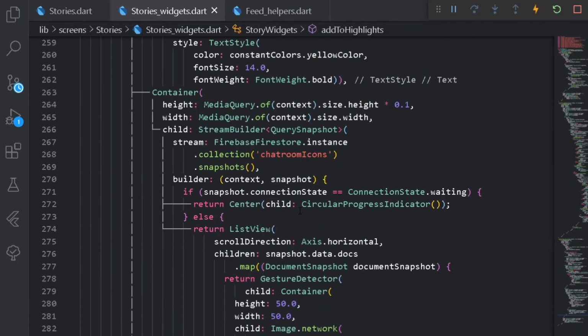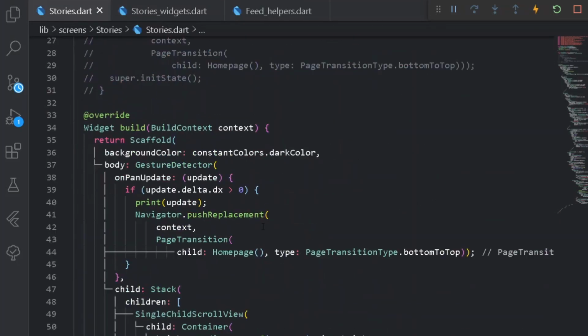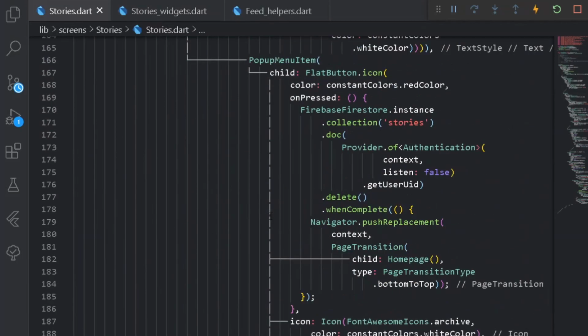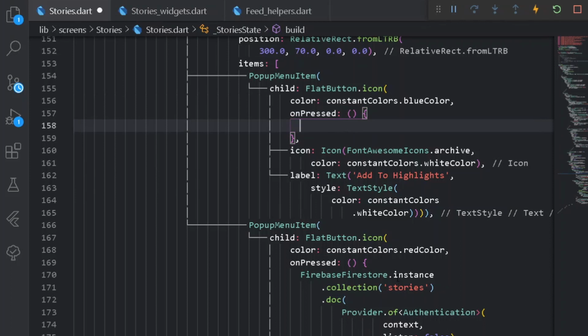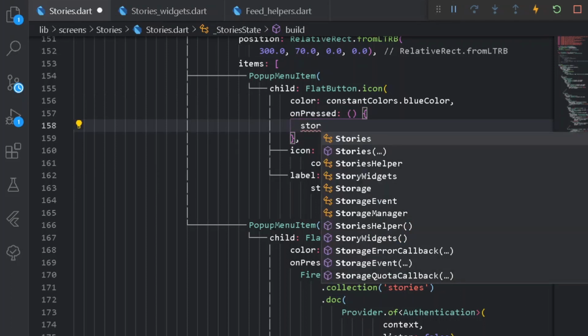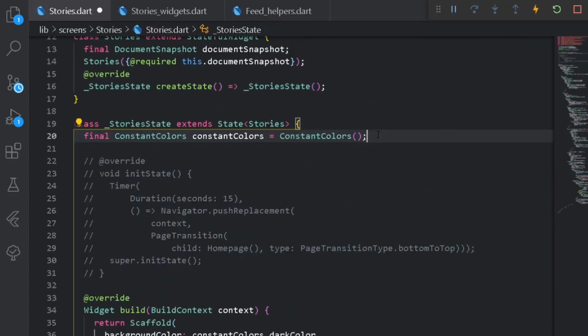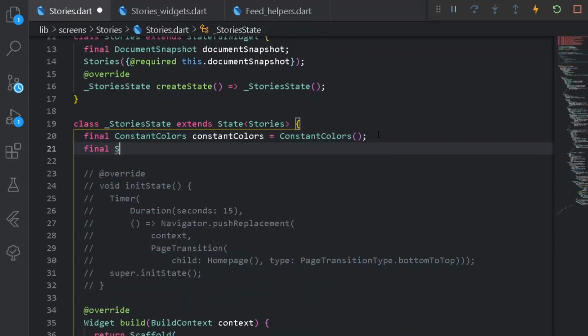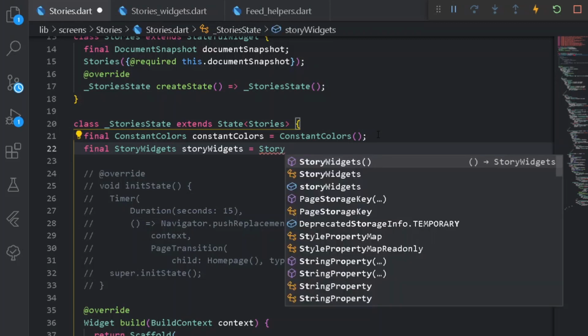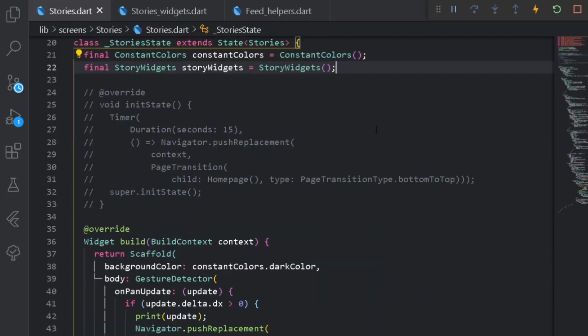So by far now, let's check the following thing in action. We can go back under our entire menu at the bottom, and here let's have story widgets. Alright, let's insert the following story widgets. For that we can have a new final storyWidgets that should be equal to StoryWidgets. I think I am getting bad with my voice, no worries.